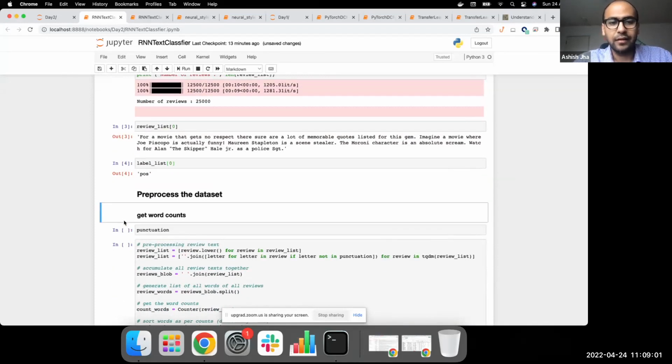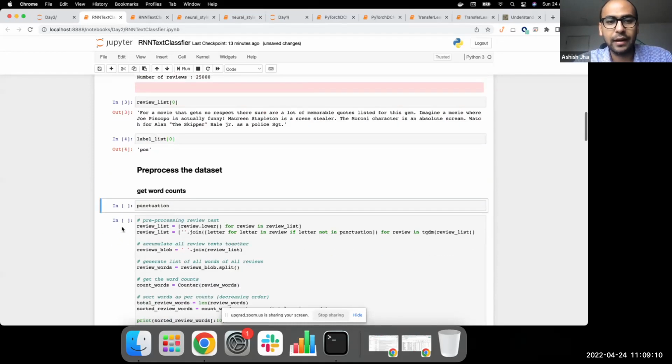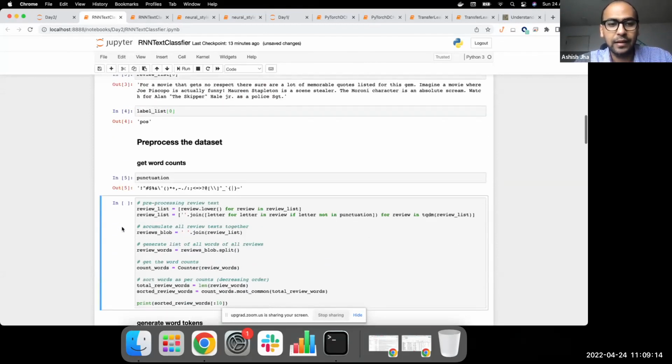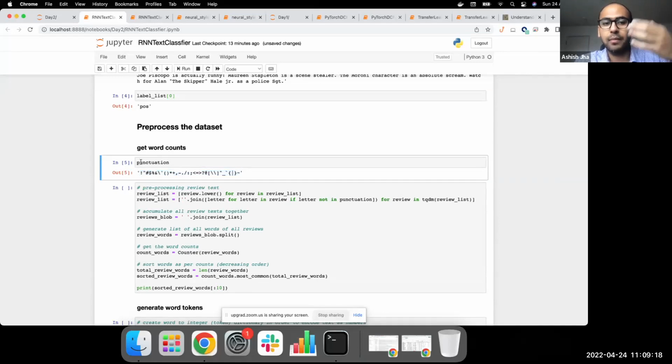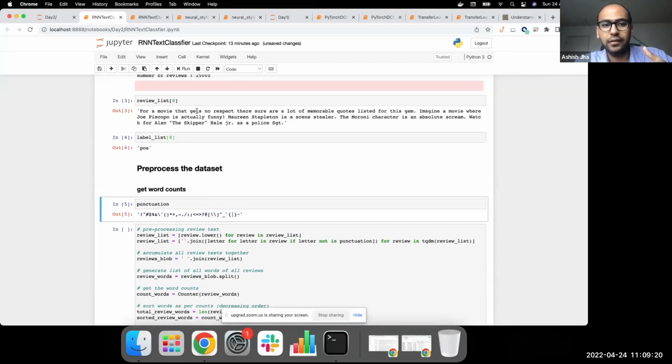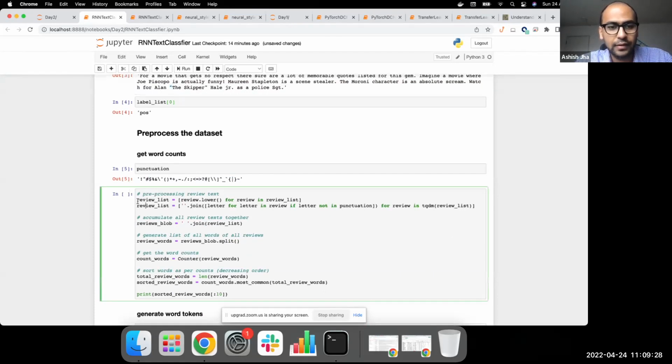Now, as I mentioned, machine learning models can't work with text. We need to convert these to numbers. So the next few steps will be around converting this text into numbers. Let's go through those steps. As I mentioned, punctuation is a list of all the punctuation marks in these kinds of reviews. And we want to remove those because they are not highly significant for the machine learning model's understanding. So you will see that is one of the first steps we do here.